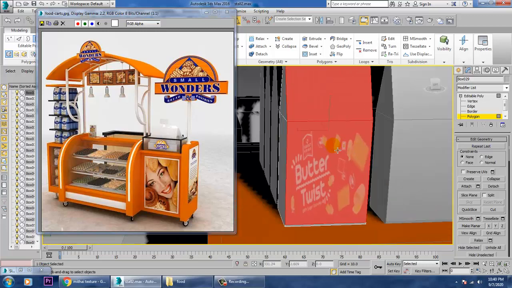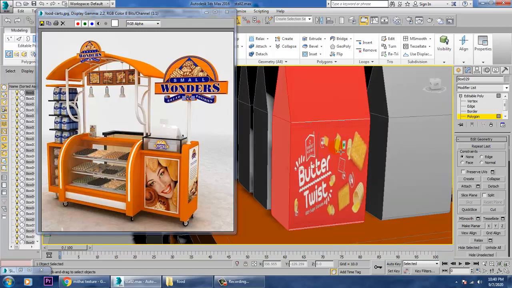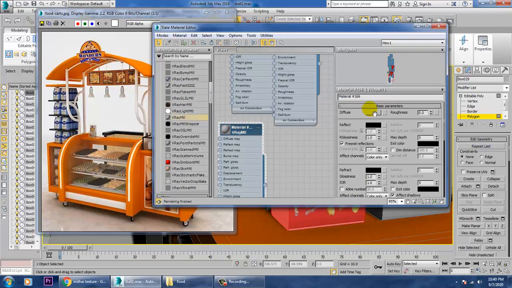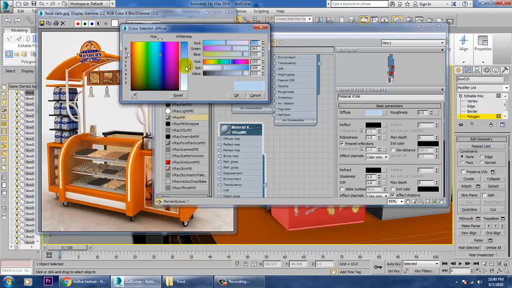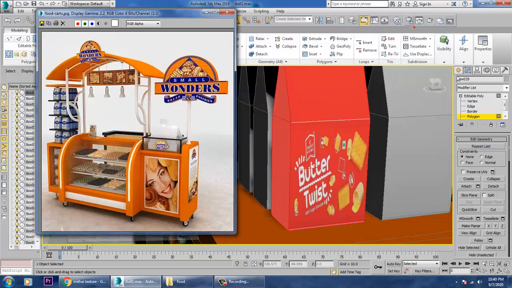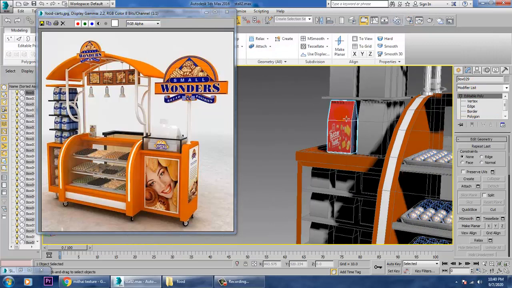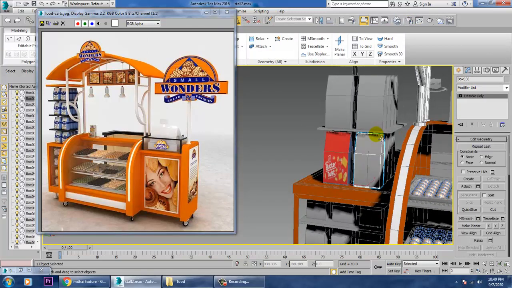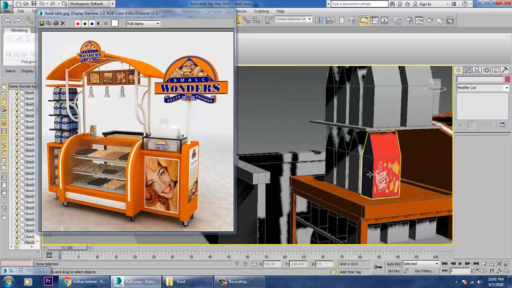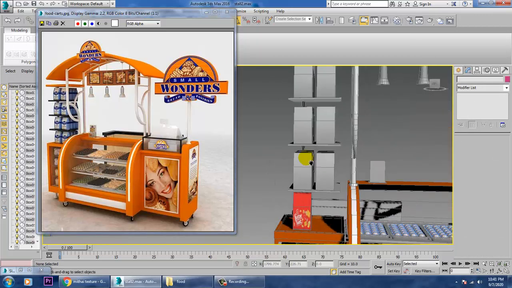So Control I, go into the material, take again a Vray material, and let's take a light blue texture over here and just click OK. So once you assign this texture, let's just delete all of this. Just delete this all over here. So just select this all,